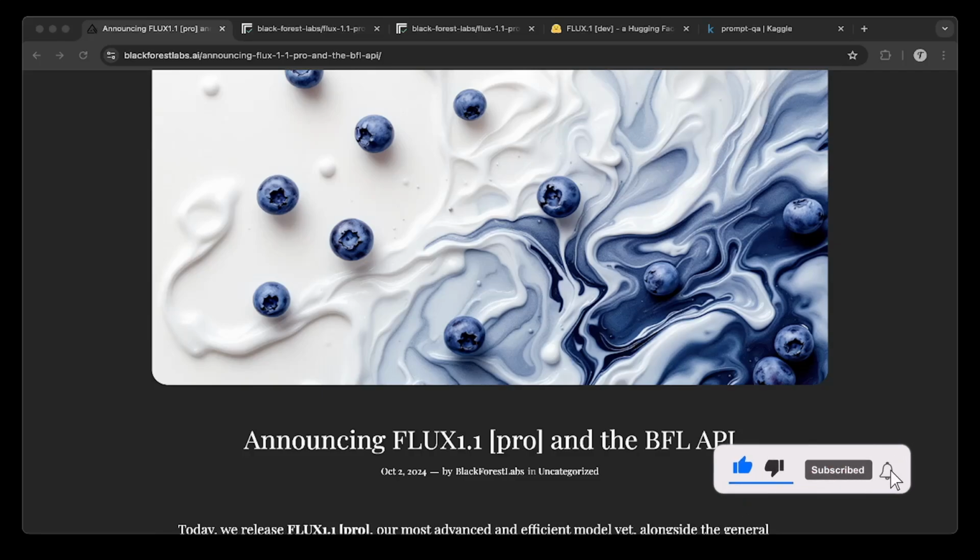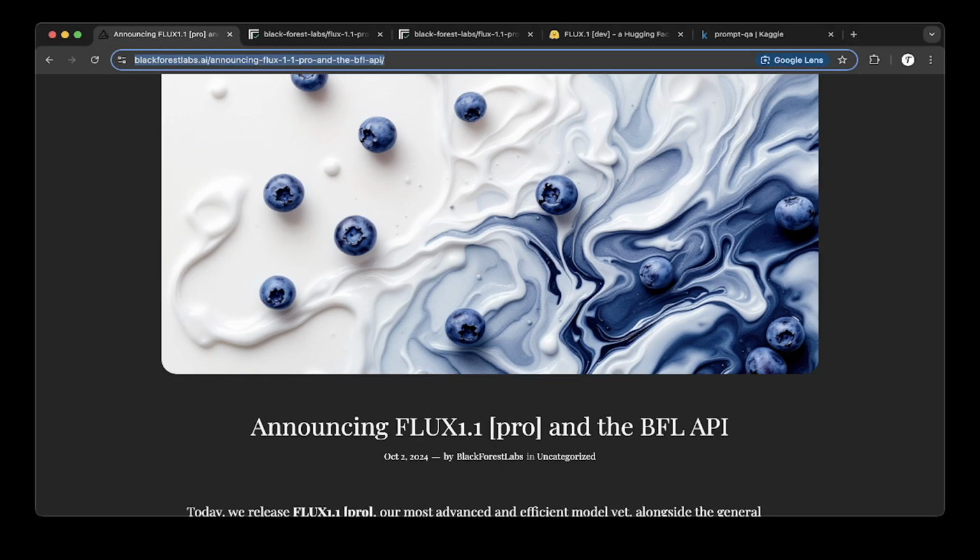Flux.1.1 just released today, so I'm making a video to show you guys how to test it out, and we're gonna make a side-to-side comparison between Flux 1.1 Pro and Flux 1.1 Dev, which they released not too long ago. Let's get started. So if you go to Black Forest Labs AI website,